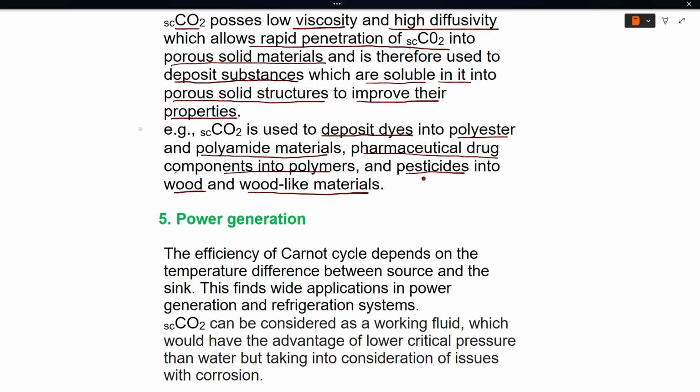And pharmaceutical drugs into certain polymers which should be applied into our system so that the polymers react with our system, that won't be a hazardous one, okay, and the drug is being released. Then pesticides to wood and wood-like materials. We know that termites cause a large damage to wood and wood-like materials, and therefore to introduce pesticides into